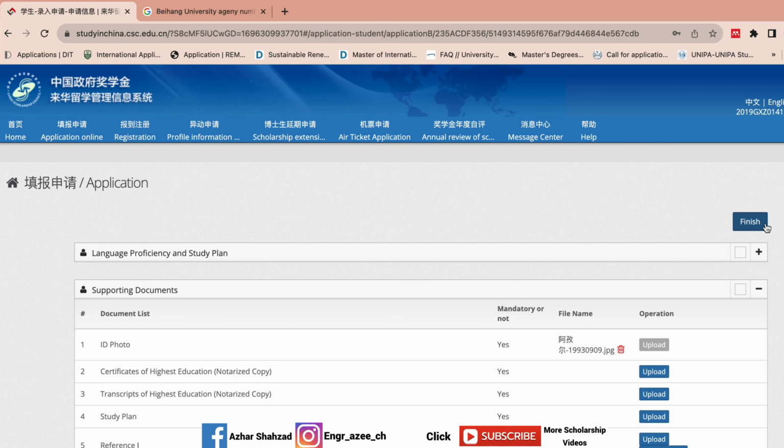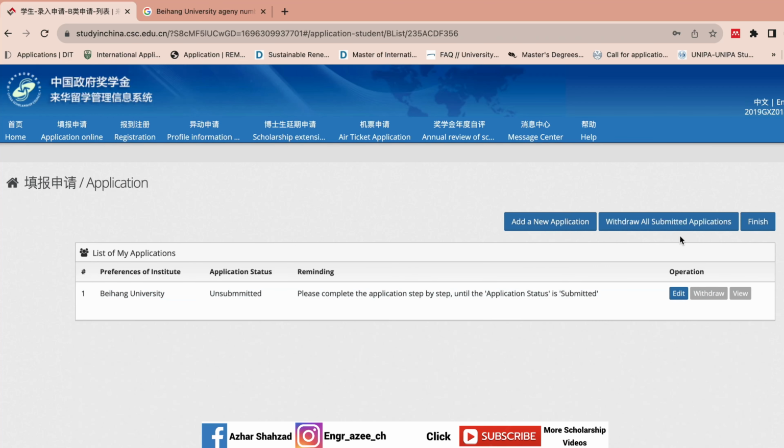And then you simply download this application form. You can also withdraw, like I can edit. If I submit this application, you can withdraw easily, okay? And in the end, you see here, it's unsubmitted, okay? When you complete it, it will show as submitted. And if you are accepted for the Chinese government scholarship, the status here will change to accepted. So you just need to download this application form, but because I didn't submit it, I'm not able to download this application. Okay, when you submit this application, you just need to download it, and you need to upload it on the